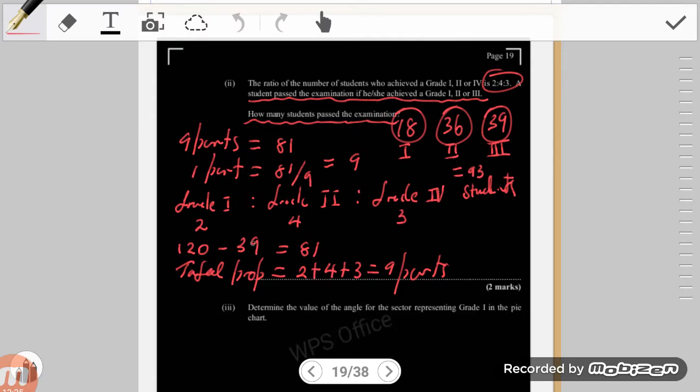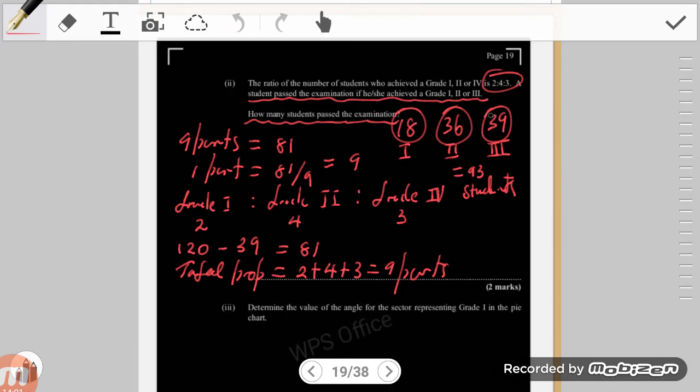So by subtracting the 39 away from the 120, I would have gotten 81, so 9 parts would have been equal to 81. So therefore one part, one portion would represent 9 students. Now grade 1 got 2 parts, so that's 2 times 9, 18. Grade 2, 4 parts, 4 times 9 is 36, and we already knew that grades